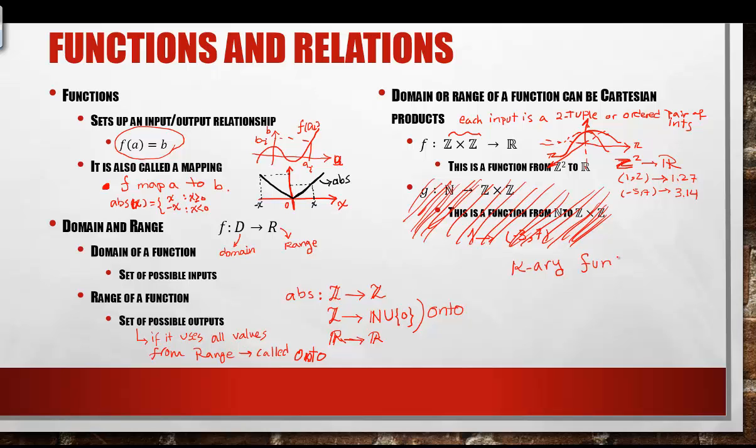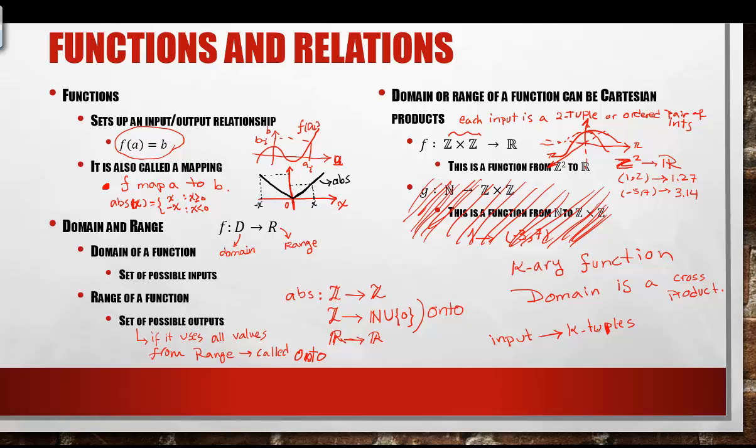So a k-array function is a function whose domain is a cross product generating k tuples. So the inputs of a k-array function are k tuples. When you have a function whose inputs are k tuples, then we call it a k-array function, and we call the